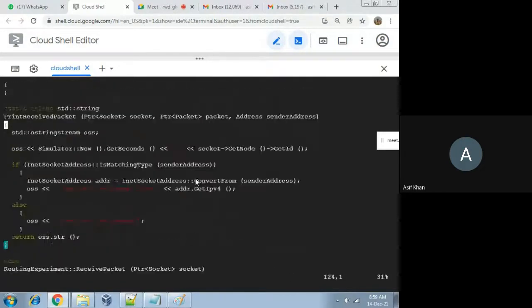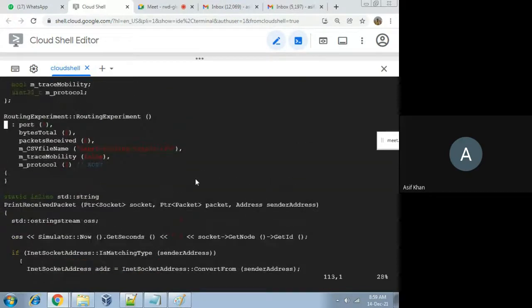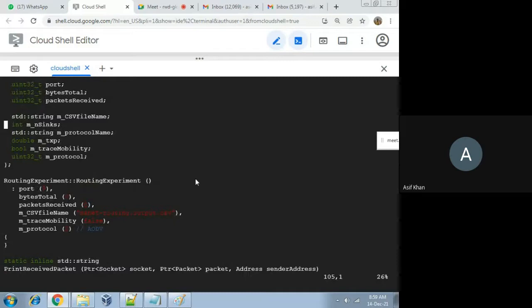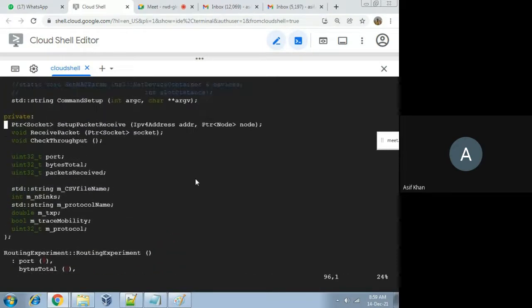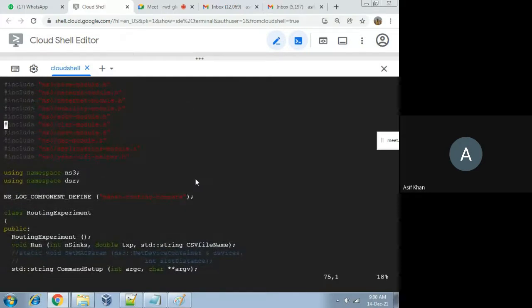In this code, there are 10 source nodes and 10 destination nodes, so 10 pairs of nodes are there. By default the AODV protocol is used here. And the total number of nodes taken here is 50. Total 50 nodes are taken in this example.